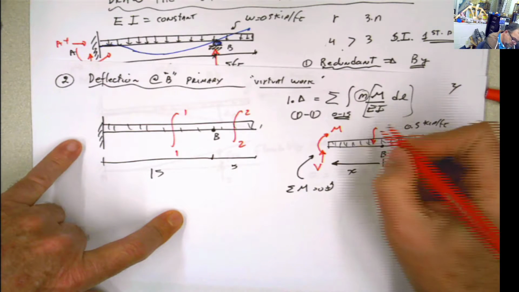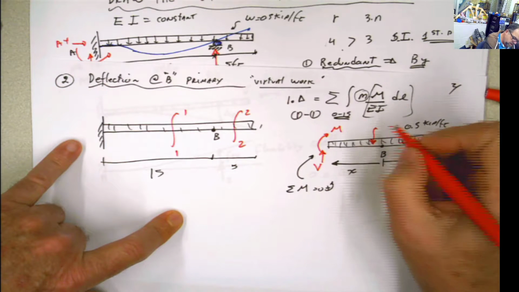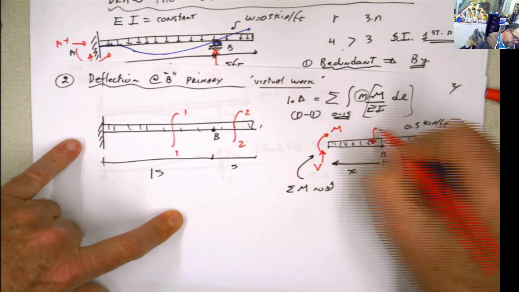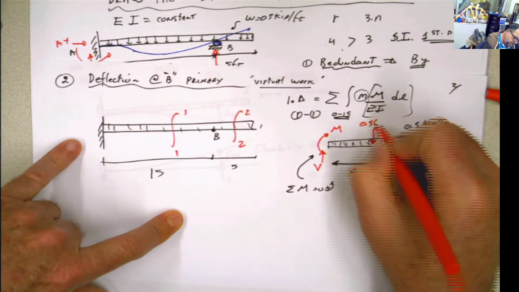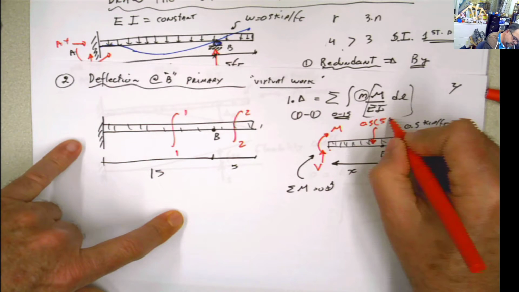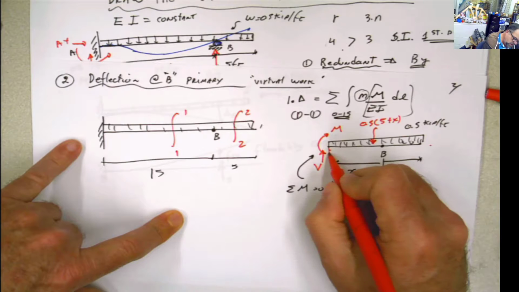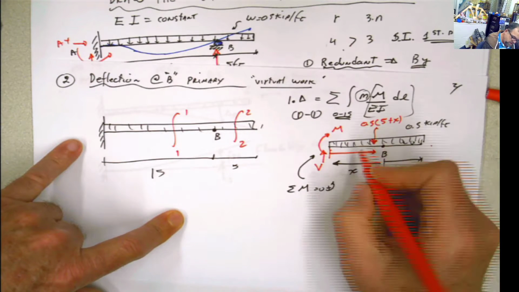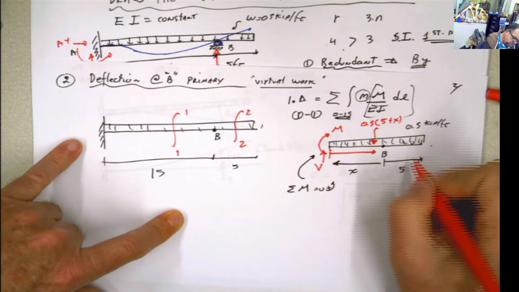I don't know how much is that, but it's going to be a concentrated force over there. The force is going to be 0.5 multiplied by 5 plus x. And the location, I don't know if it's going to be here or here, depending on the x, but it's going to be x plus 5